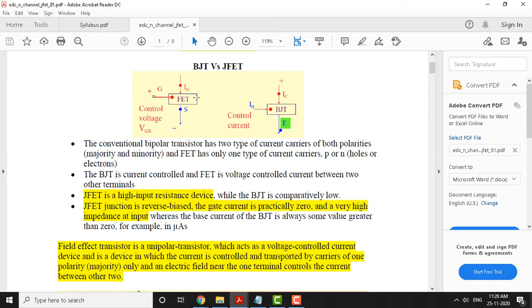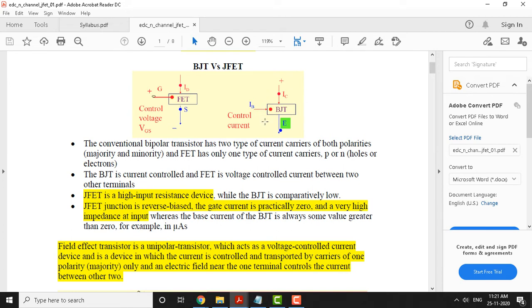Okay, so there are two types of transistor you are now aware of. BJT, which we have shown as a black box representation with the terminals collector, emitter and base, and there is an FET which is analogous to the BJT, which also has three terminals, source, drain and gate. So, source here is analogous to the emitter of BJT, gate is analogous to the base of the bipolar junction transistor, and collector of BJT is analogous to drain of the FET. So, there are two types of transistors. Okay, FET is quite popular nowadays compared to the bipolar junction transistor.